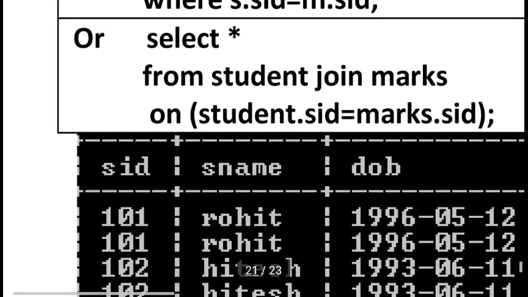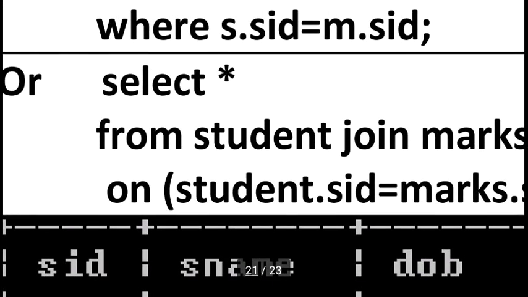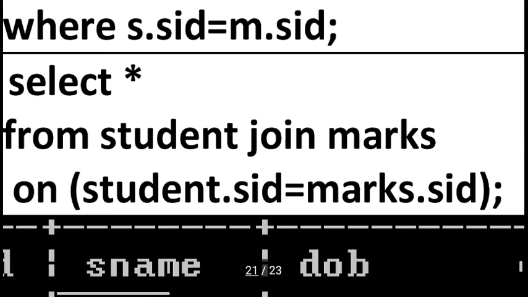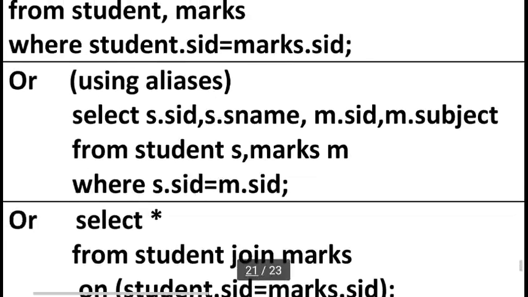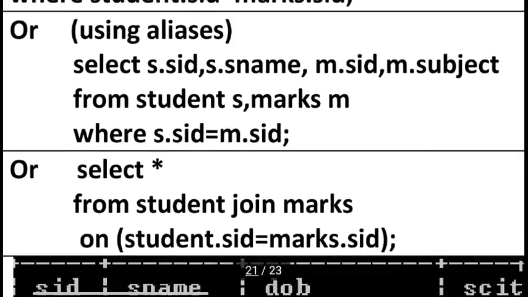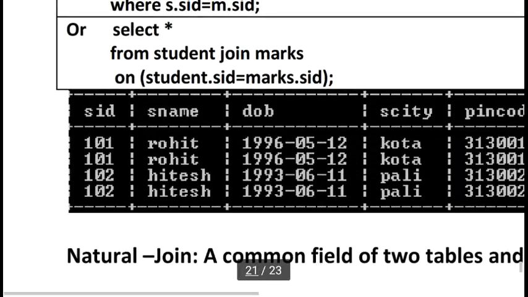We have another option: select star from student join marks on student.sid is equal to marks.sid. All these we can use for equi-join, and it will give the same output.